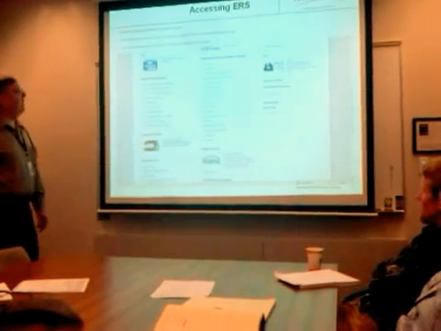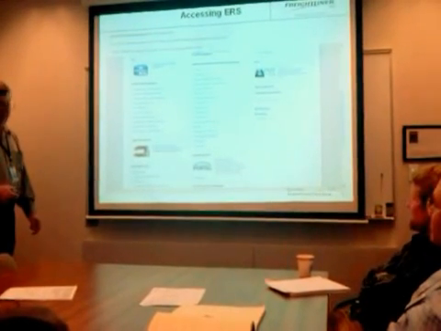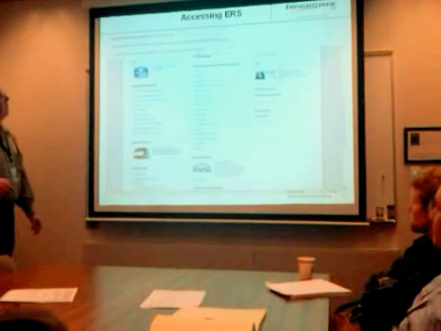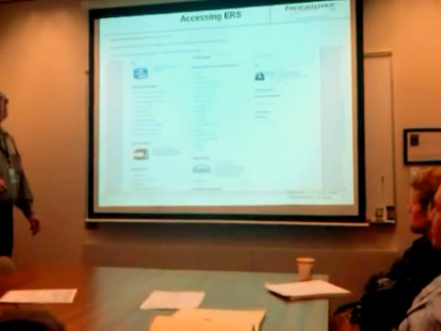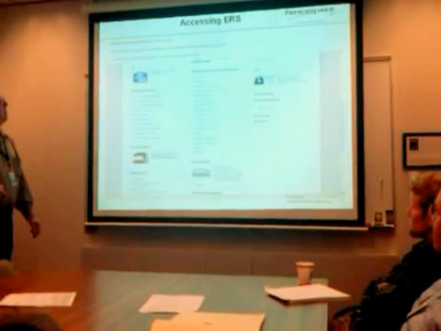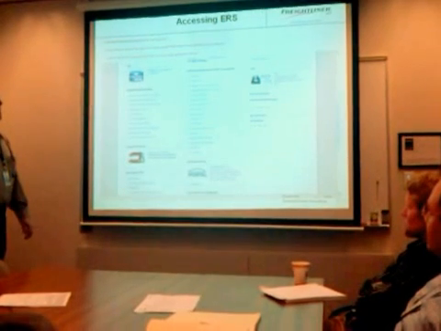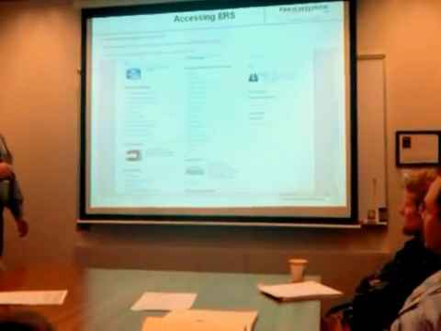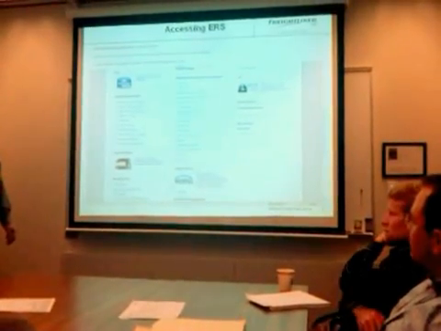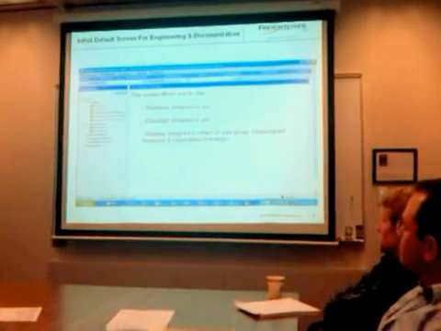Okay, basically, how do you get into ERS? It's right in your engineering portal. Yeah, so you hit the work tab, which you get into, and it's right there. It's like the third one. If you're an engineer, these are your automatic defaults. So it's like the fourth one down. All you do is punch it, and it'll take you to